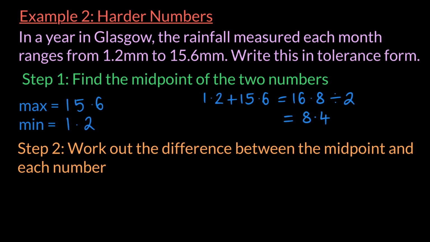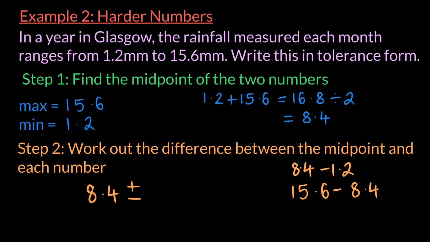And now we're going to work out the difference between the midpoint and each number. So we know that to start with, we're going to have 8.4 plus or minus and then another number. To find that number, you can either do 8.4 minus 1.2 or 15.6 minus 8.4. And it doesn't matter which one you do here, you can do both if you really want to check that your answer is definitely correct, but you're going to get 7.2 as your answer. So we go over to the side and in some brackets we'll do 8.4 plus or minus 7.2